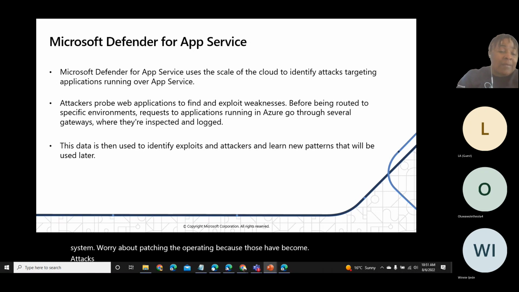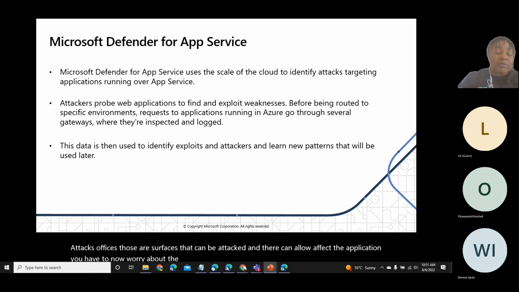Those are surfaces that can be attacked and they can now affect the application. You have to now worry about the web service application that was there. Now, virtualization has moved and evolved, and today we have what we call app services, meaning that if I need